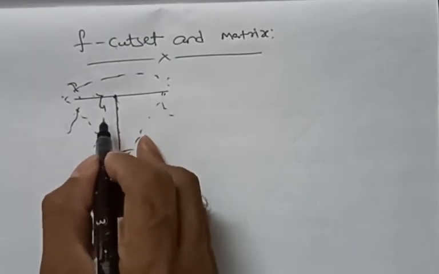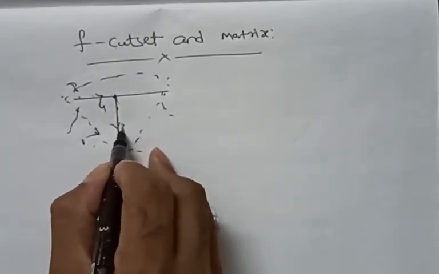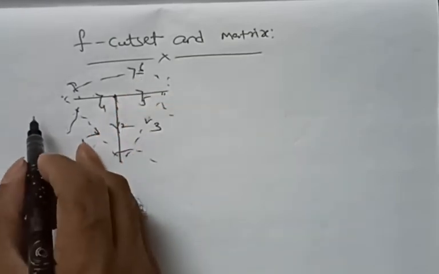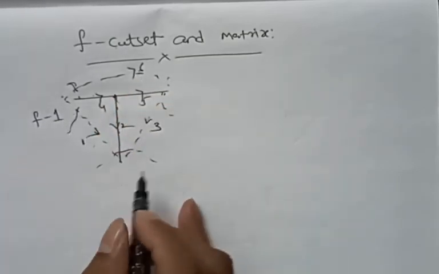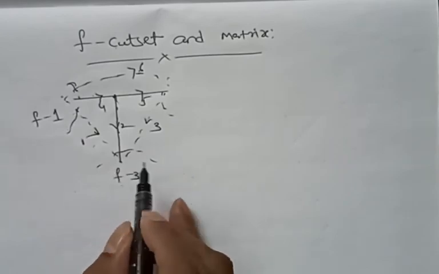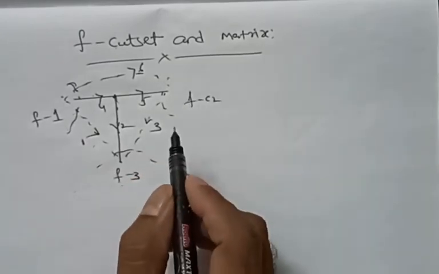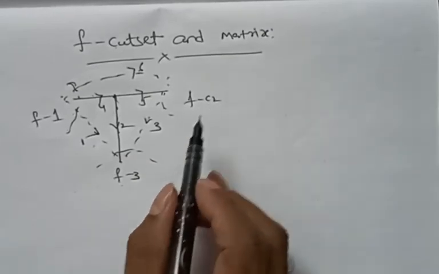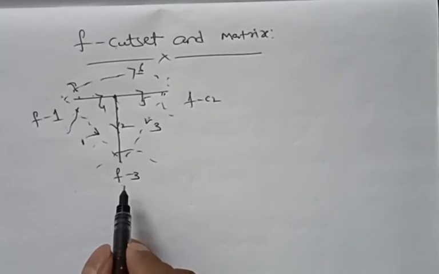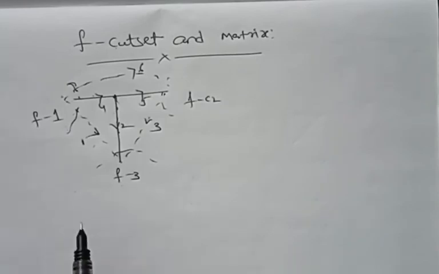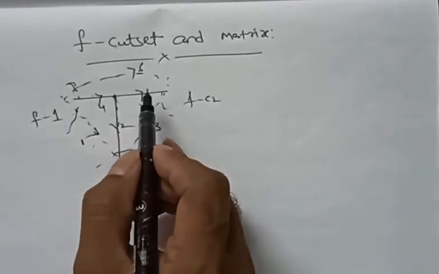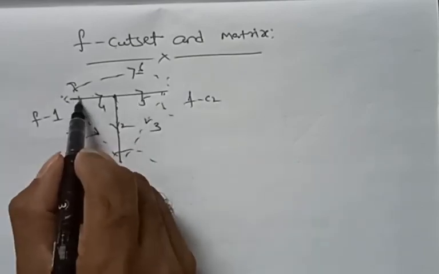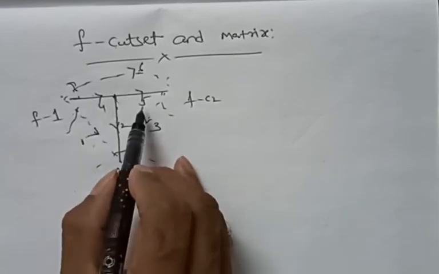Now I am representing the branches 1, 2, 3, 4, 5, 6. I am writing this one as fundamental cut set 1, this one as fundamental cut set 3 and this one as fundamental cut set 2. What is the difference between a cut set and a fundamental cut set? A fundamental cut set is one which should contain at least one twig, meaning here this exactly we can call a tree when you consider 2, 4 and 5.